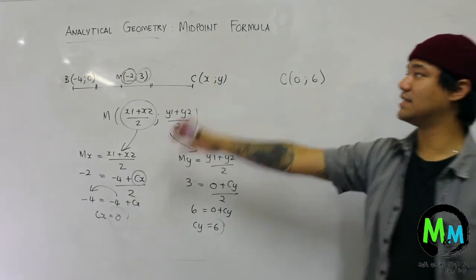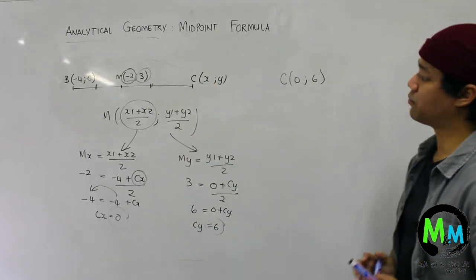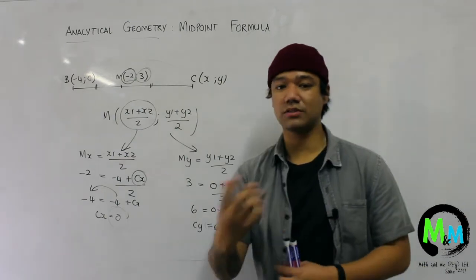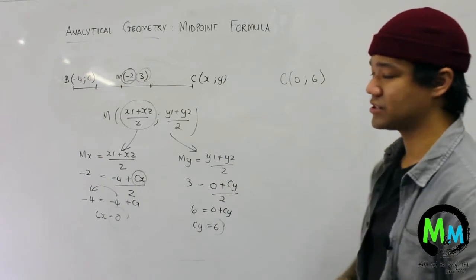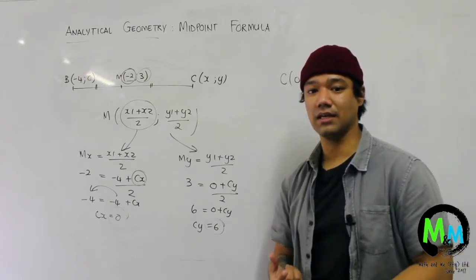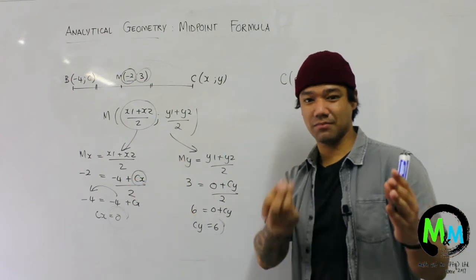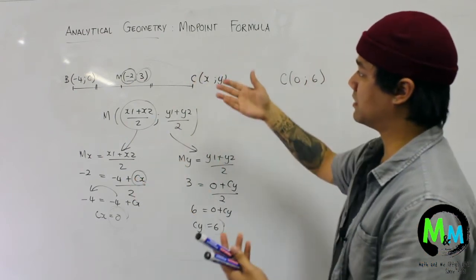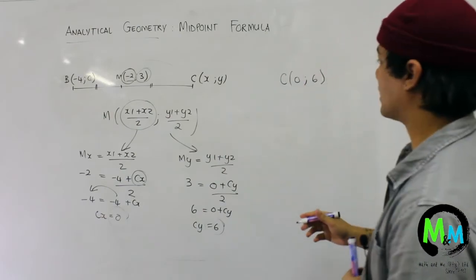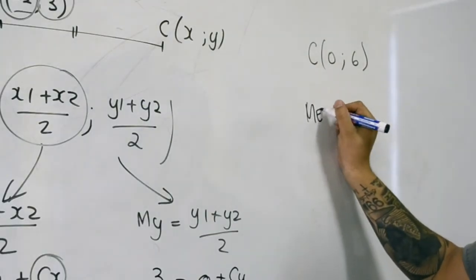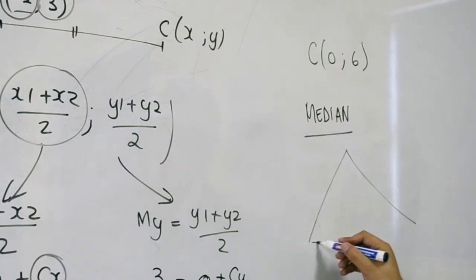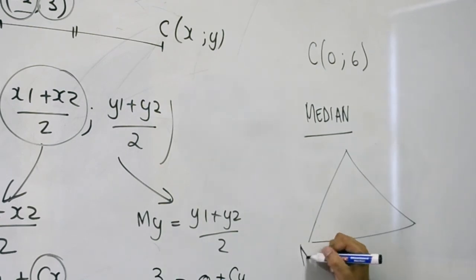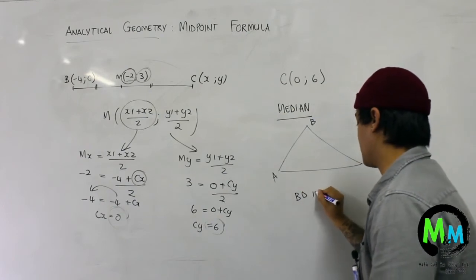Right? Easy. Something just to note with the midpoint formula: with analytical geometry it's important to know when to apply what. If they ever mention median, we know from statistics that the median value in a data set is that middle value once it's ordered. So middle, midpoint, you see the same type of wording. So if ever they refer to a median, know that a median, especially when it comes to triangles, is as follows. If I say in triangle ABC that BD is a median,